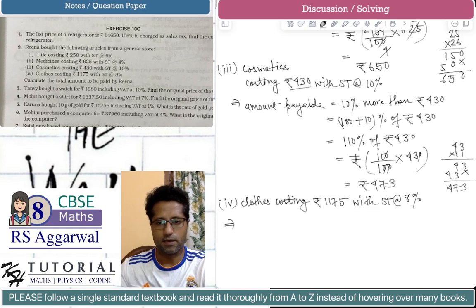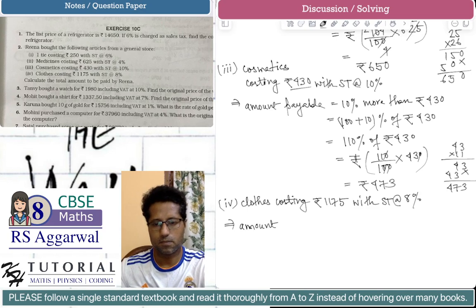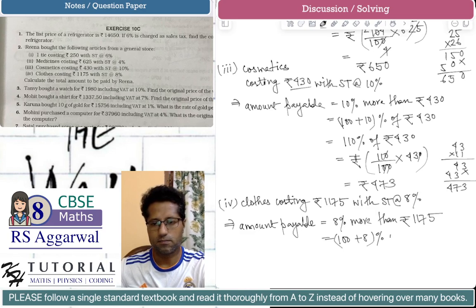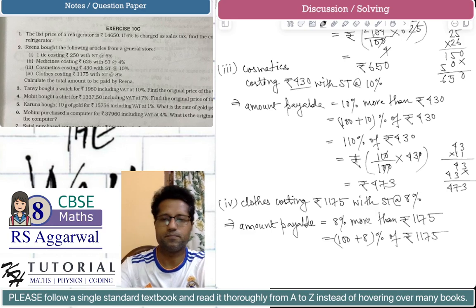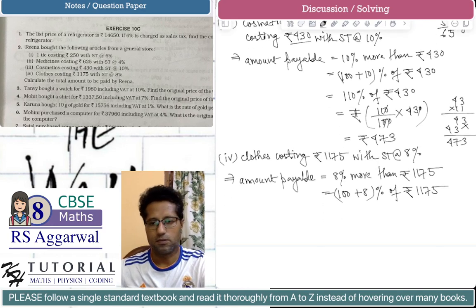So we can say that the amount payable will be equal to 8% more than rupees 1175. This is equal to 100 plus 8% of rupees 1175. This is equal to